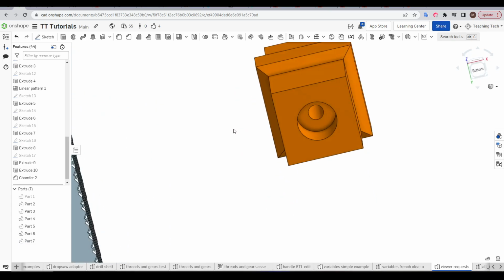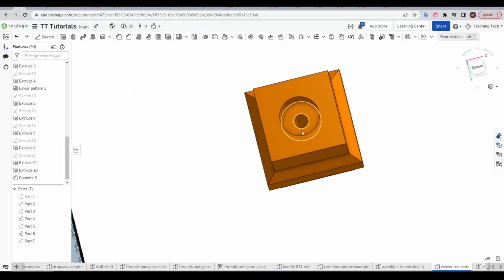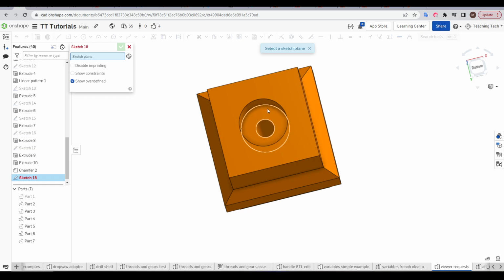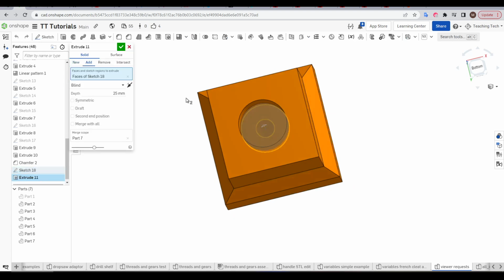But then that leaves us with the problem of the hole in the middle, where we have a larger hole to provide clearance for a bolt. Fortunately, this one is quite easy to fix by adding some temporary material. I'm going to draw a sketch and then add a circle that matches the outer diameter and then extrude that